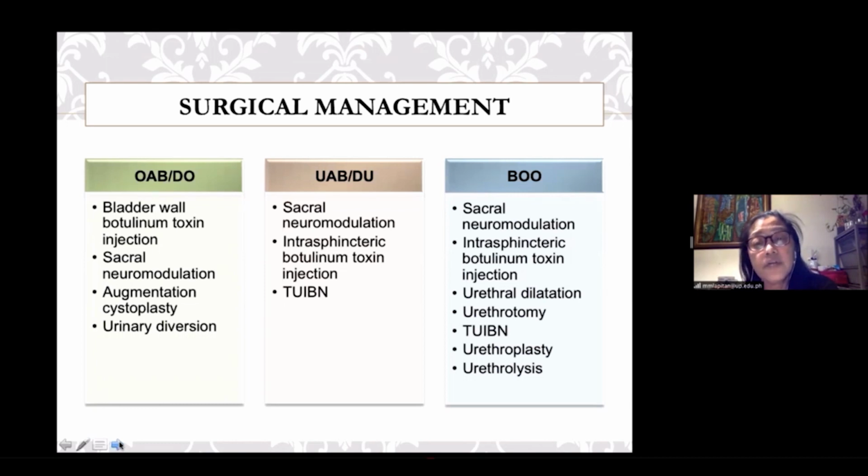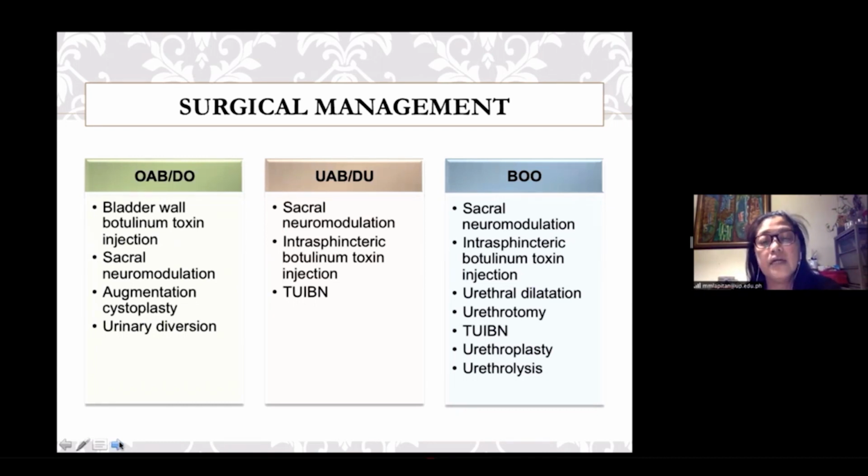For detrusor overactivity or the overactive bladder, randomized trials have shown that even a single intradetrusor botulinum toxin injection provided significant benefit in reducing OAB symptoms and urgency urinary incontinence episodes. Patients must be advised though of a small risk of urinary retention and UTI post-injection. For patients who are non-responsive to medical and conservative management of OAB, trials have shown that sacral neuromodulation is of